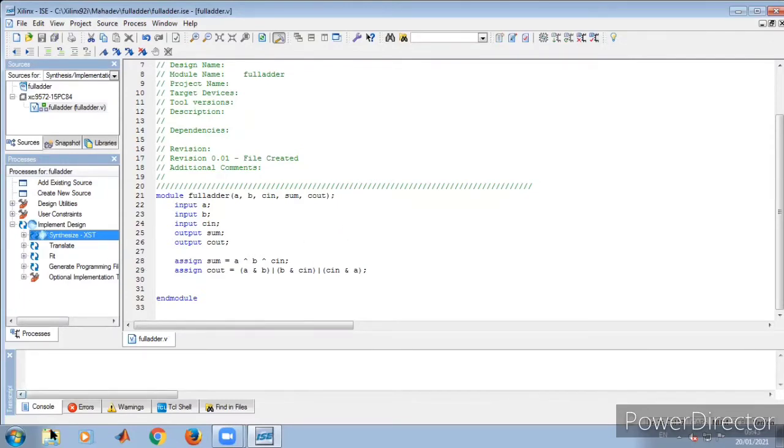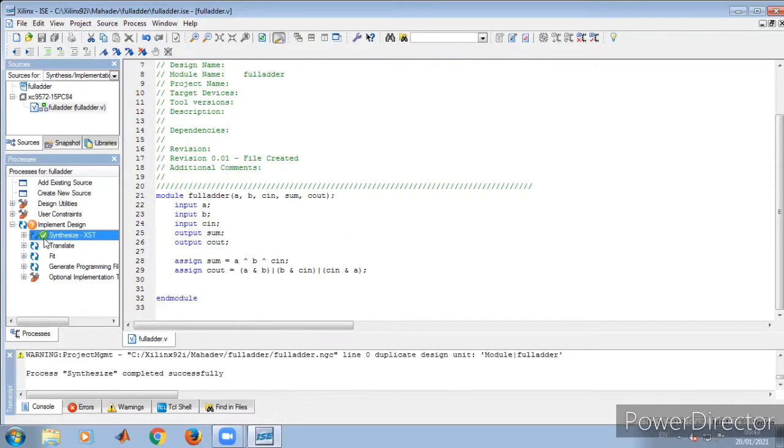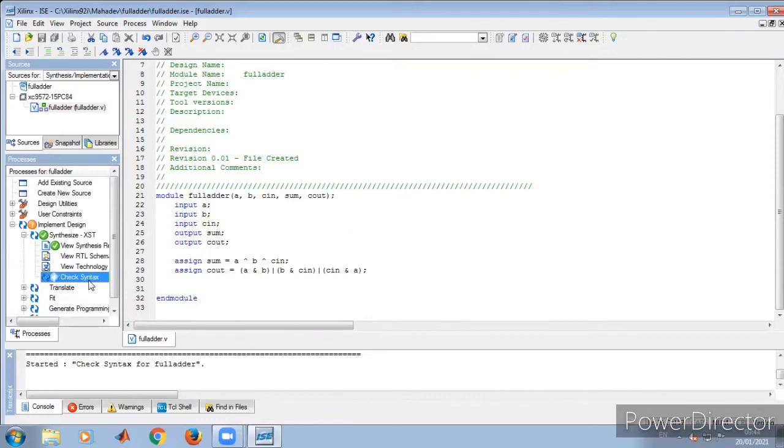So if any error is there, error information will be displayed in the console window here, or if there is no error, a right click in green color will appear. Now you can observe there is a right click. It means that in the program there is no problem. So it means the synthesis is correct. If you want to see the hardware for that also, we can go for RTL schematic there.